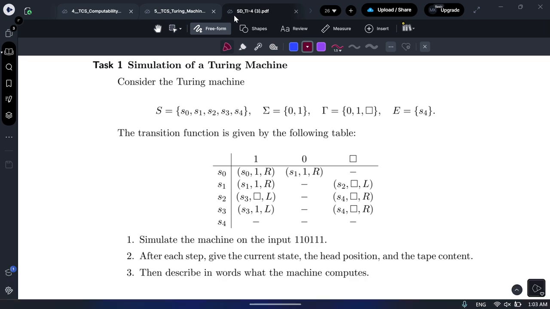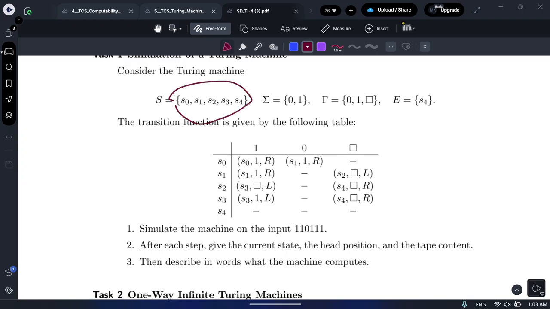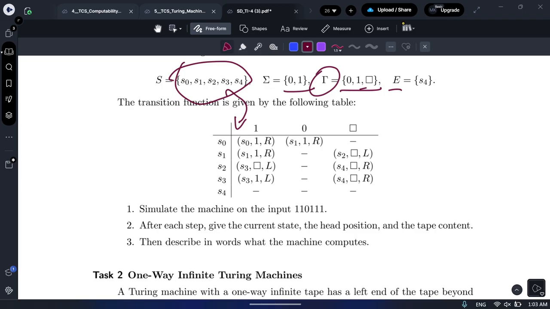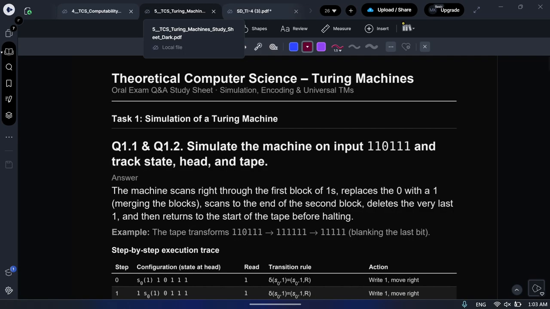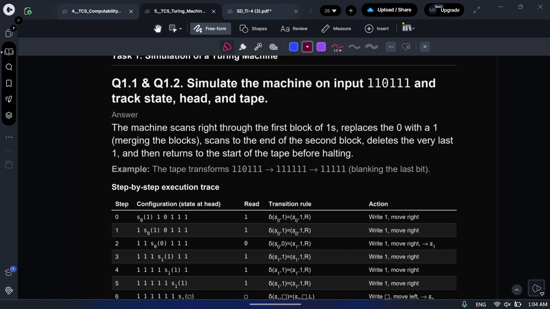So as we see, this is our question number 1. These are the states written here like this. These are the different variables that we have. These are the symbols that we will be dealing with, and this is what's on the tape, of course, and this is our accepting state. Now looking at this table, we can easily translate it into something like this. For example, the question was to simulate the machine on the input, this is the input, and track the